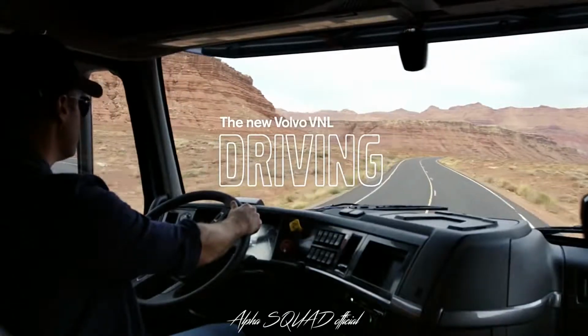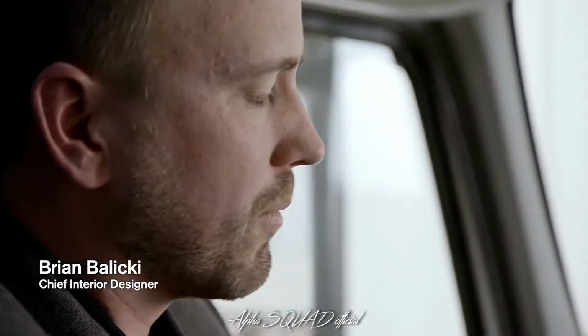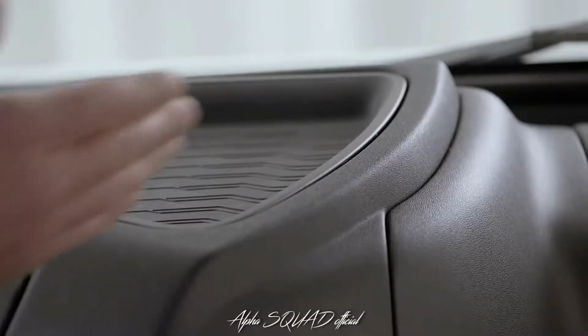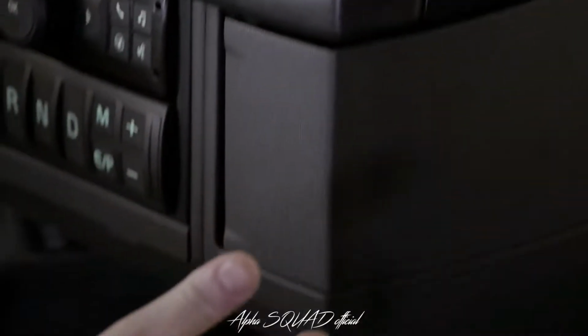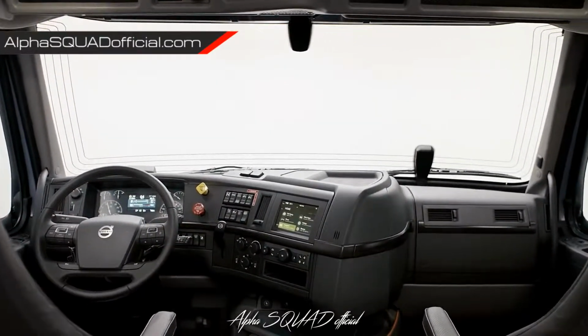On the exterior, a lot of the lines are flowing from the hood all the way back to the sleeping side. We wanted to do the same thing for the interior. So a lot of the lines will wrap through the dash and all the way down into the engine tunnel. This is important because it envelops the control set that the driver will use, and it creates this